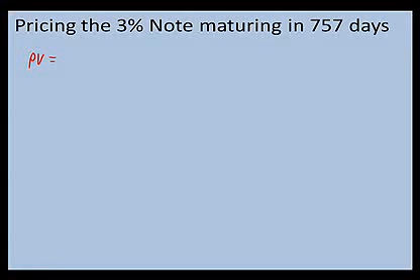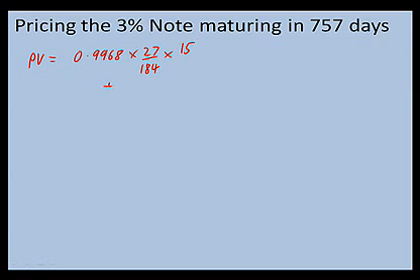All we need to do is calculate the present value of the future cash flows. And we know that at 27 days we're going to receive $15, but we know that there's accrued interest there. So if we want to calculate the clean price, we're going to do the discount factor for 27 days times how long we own the bond for, which is 27 out of 184 days, times the coupon payment, which is 15, plus the discount factor for 208 days, which is